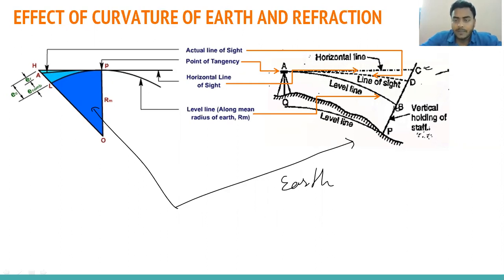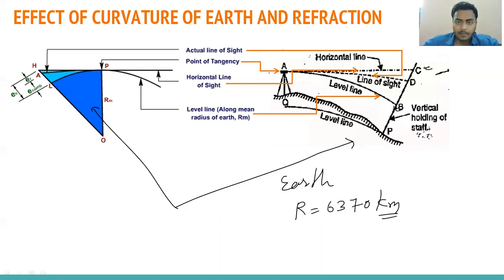For a short run of leveling, we see the horizontal line and the level line coincide. But for a long run, you will see they depart from each other. The horizontal line will depart from the level line due to curvature of Earth, because Earth has a spherical shape. The Earth radius is 6370 kilometers, right? So we know that every point on the level line is perpendicular to the direction of gravity,